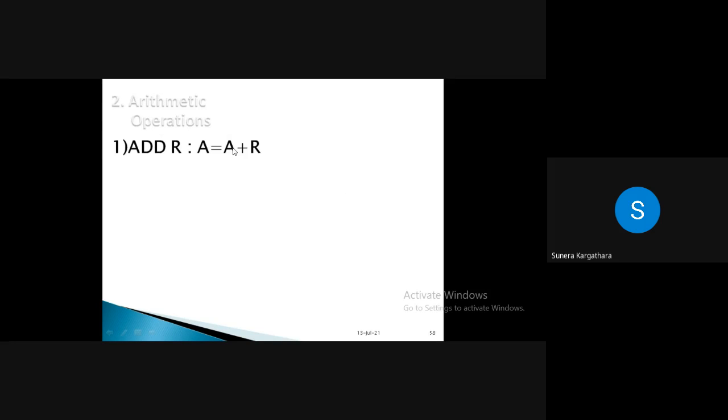added. My screen is visible, right, student? The accumulator's content will be added with the register, whatever you are mentioning here, and the result will be stored into the accumulator. Which addressing mode will it use? It will use register addressing, right? Because as an operand, we are mentioning a register. Is it a 1 byte, 2 byte, or 3 byte instruction? For ADD R, we only have one hex code to store in memory, so it will occupy only 1 byte of memory. So it is known as a 1 byte instruction.